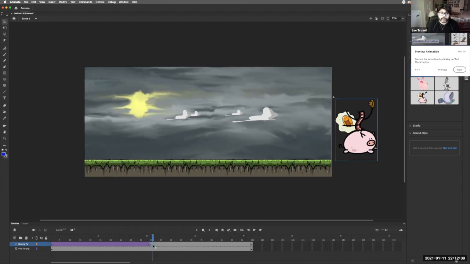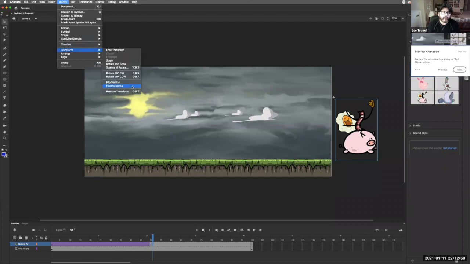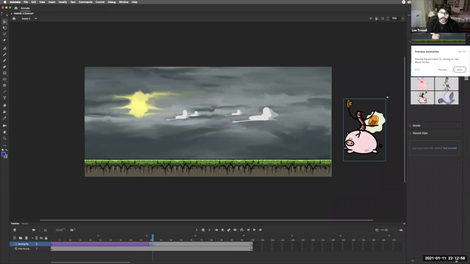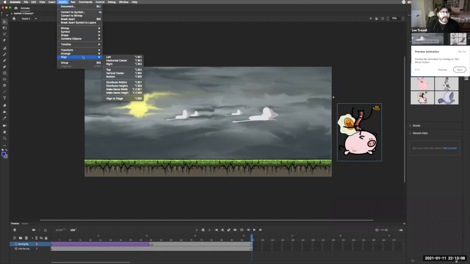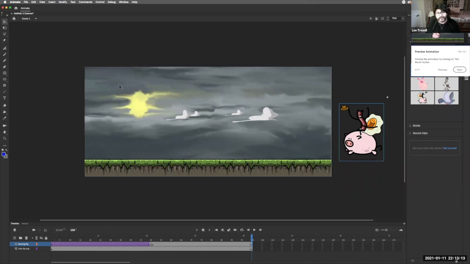So in frame 51, I'm going to insert a keyframe. And now I'm going to take my pig, go to modify, transform, flip horizontal, because we're flipping it on the horizon line. And now I'm going to come to frame 100. And actually, I'll have to do that again. Modify, transform, flip horizontal. Probably should have done that before I made that extra keyframe, but not a big deal because there's only this